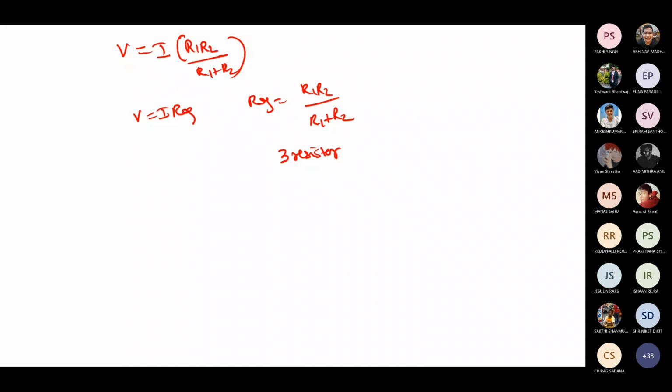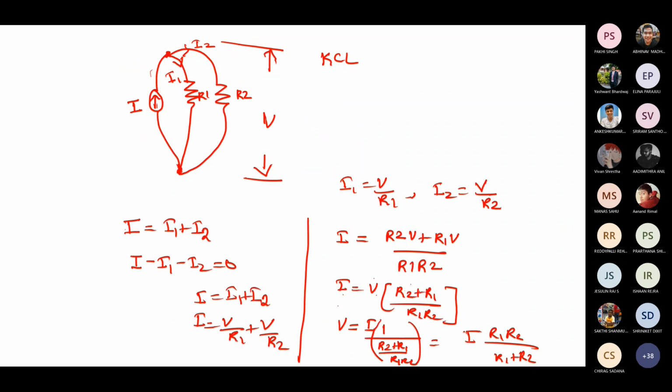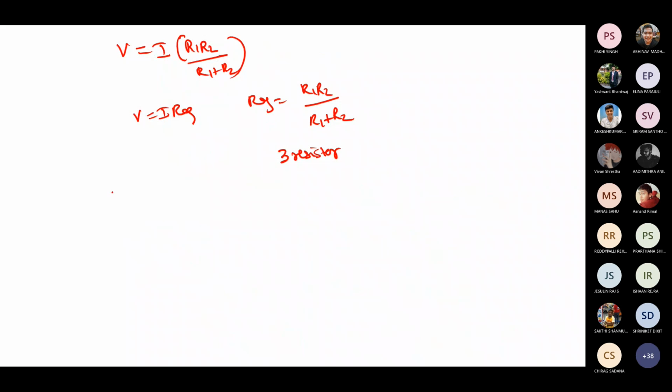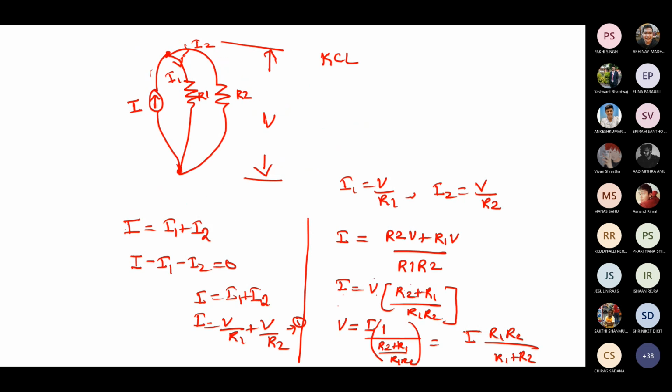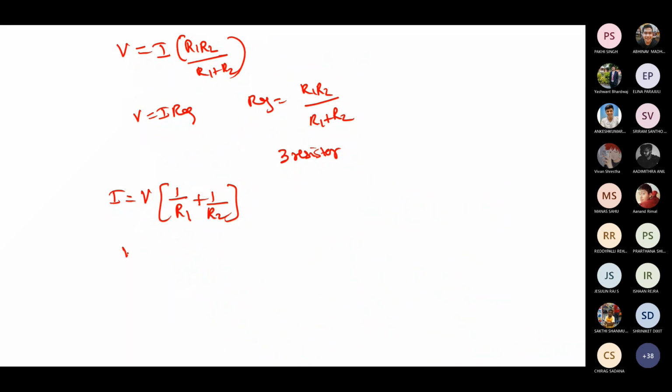Okay. So what you do is, instead of doing like this, in general we will take from this equation itself. Let us take this as equation number 1. From equation number 1, we will put it in a generalized way: I is equal to V into 1 by R1 plus 1 by R2. We'll keep it as such. Isn't it, students? Equation 1, yes, ma'am. I is equal to V, I am taking 1 by R1 plus 1 by R2 as such.